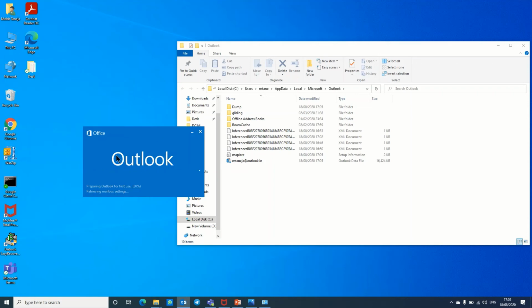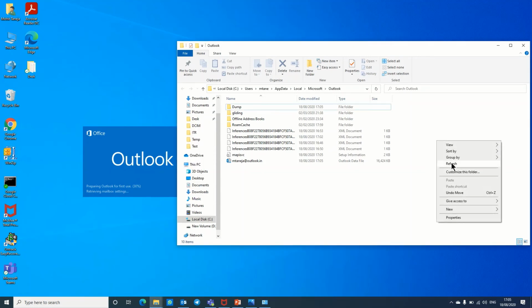Now preparing Outlook first use, 30%, 40%, retrieving email mailbox settings from the web server. You can see the OST file size will increase when our emails are downloaded. Let's wait for this.